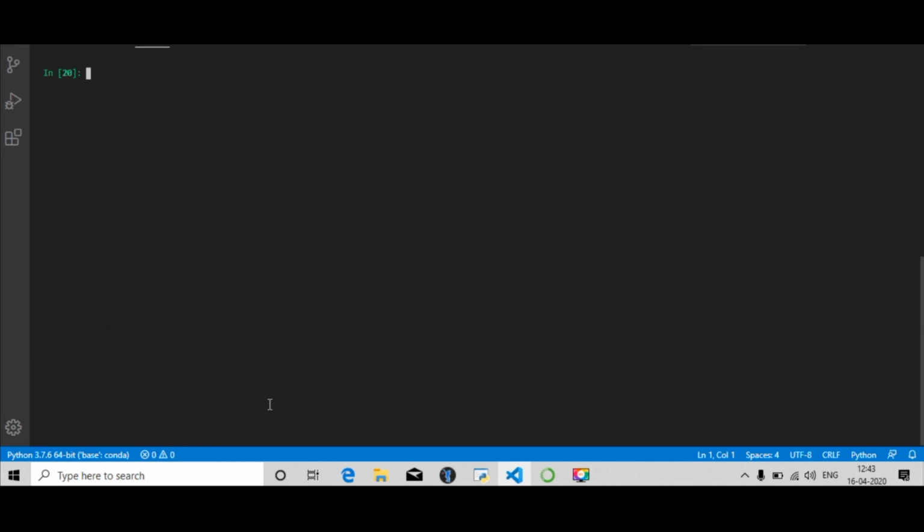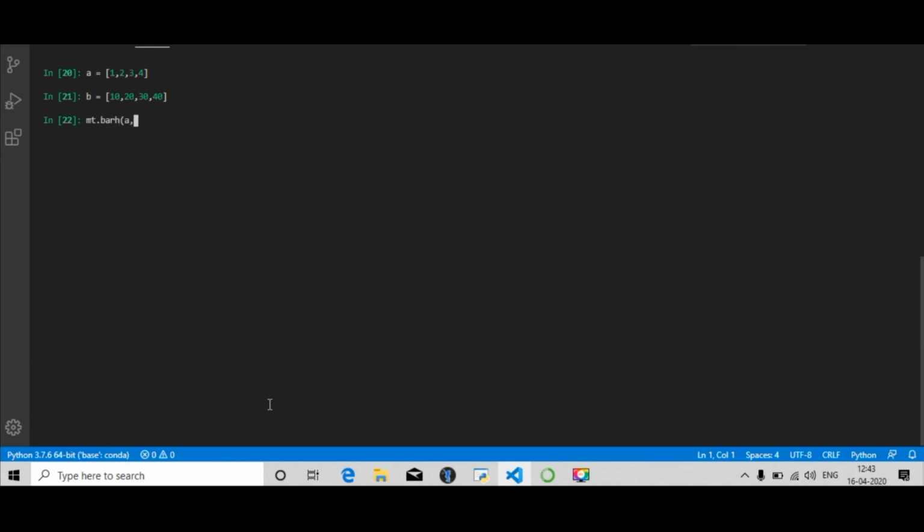Let me clear the screen, and now I'm going to show you the use of matplotlib. I am going to define two arrays here. One is 1 2 3 4 and one more is 10 20 30 and 40. Now I'll be using matplotlib's horizontal bar plot.